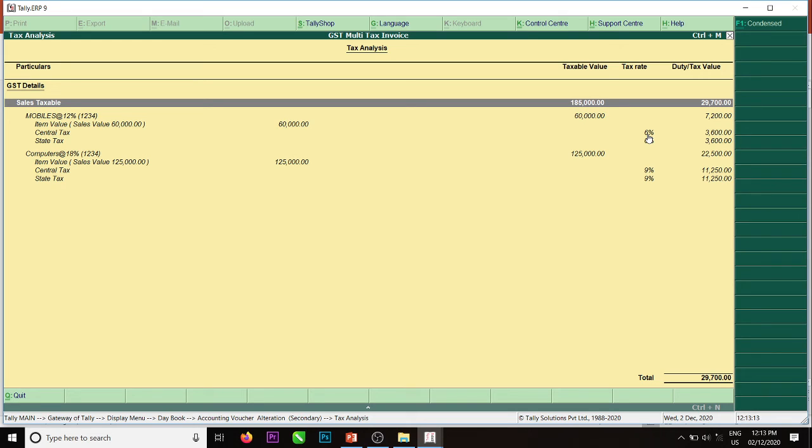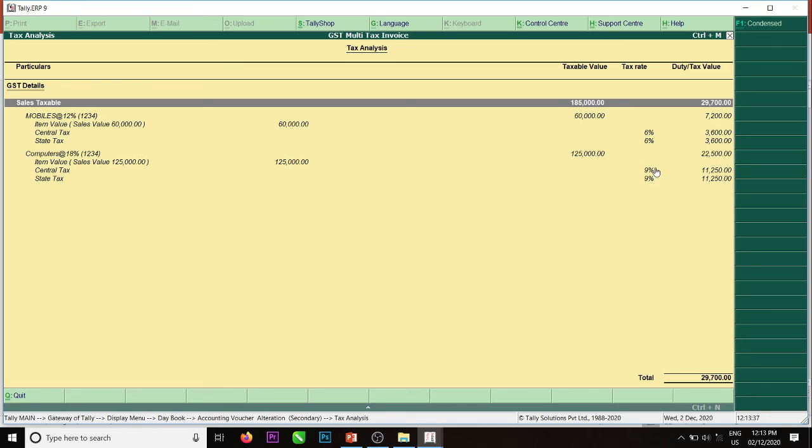One is 12%, another one is 18%. 12% I selected on mobiles, it is calculated 6% and 6%. Computers I selected 18%, it is calculated 9% and 9%. It is differentiated 6% separately SGST, CGST, 9% separately SGST and CGST.